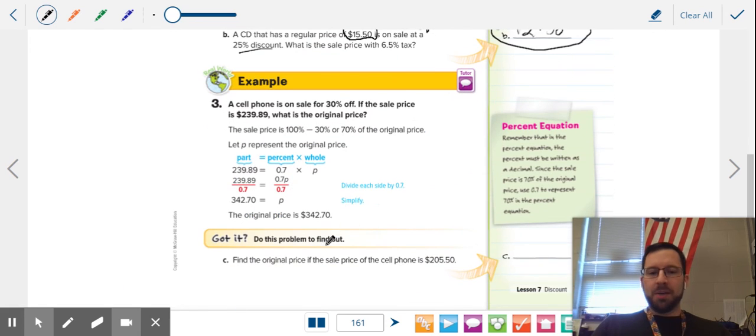Lastly, we're going to talk about a problem where you're given the discounted amount and you need to find out the original amount. So what you have to do here is a little bit tricky. We have to kind of write an equation. So find the discounted amount. What we're going to do is use a little bit of a formula. Remember the part equals percent times whole, okay? So we know the part